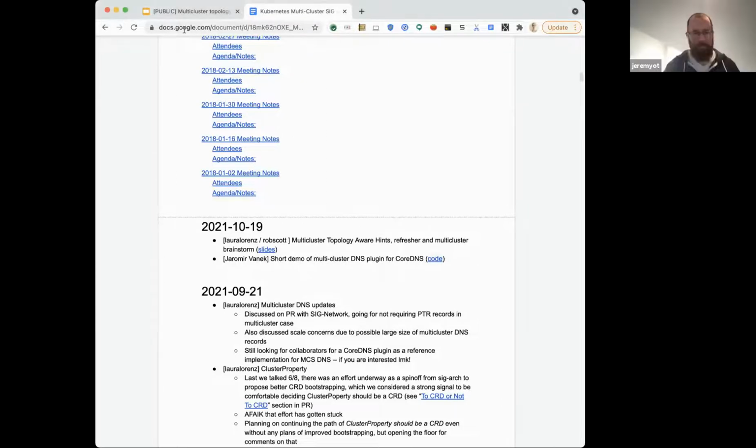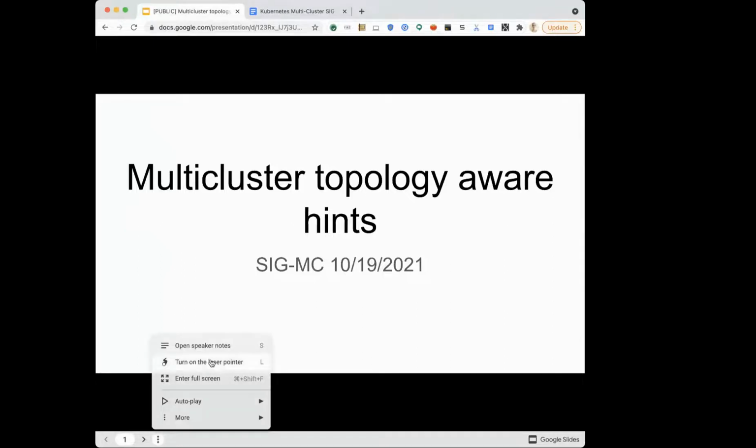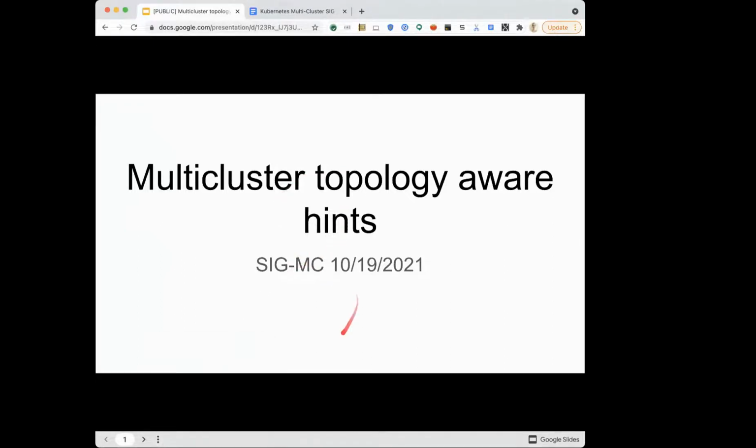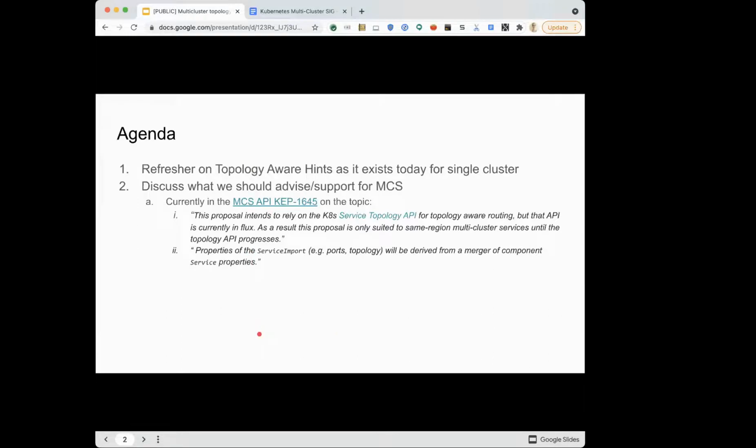I mentioned in the Slack yesterday too, but I wanted to talk today about multi-cluster topology aware hints. I'm going to do a little refresher and intro for anybody who doesn't know about what's going on with topology aware hints in single cluster. I also invited Rob Scott from SIG Network, who's the author of that KEP, who I believe is on the line now. Hey, Rob. And then I want to open the floor for discussing what this existing in single cluster means for multi-cluster services. We've talked about it very briefly in the past, and there is some language in the KEP on it too,